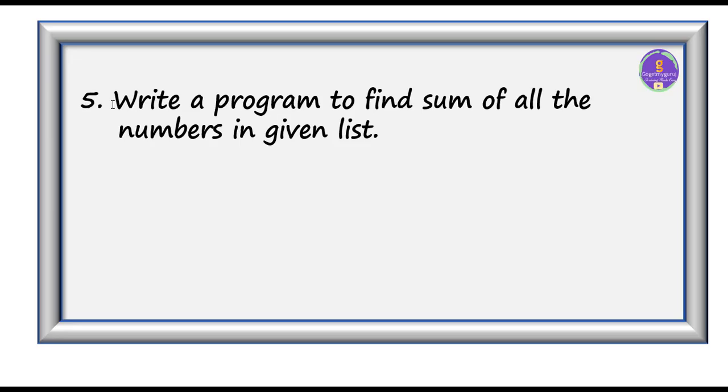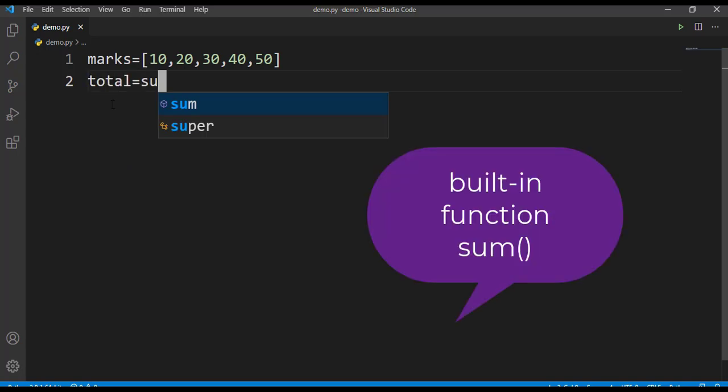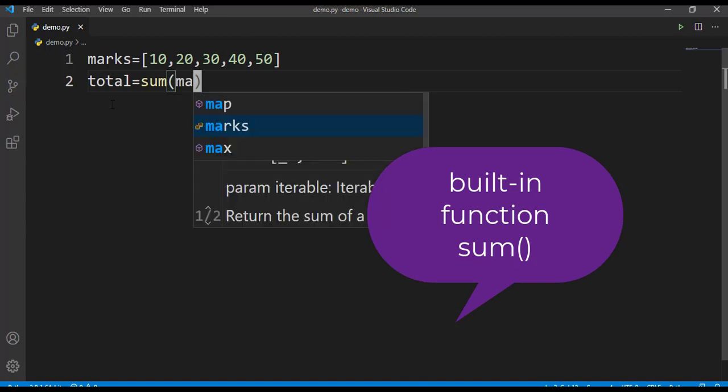Next question is, write a program to find the sum of all the numbers given in a list. So how can you find the sum of all the numbers in a list? Let's consider we have a list of marks here. What we have to do is find the sum of these values. I'll show you a simple method using a built-in function. So total is equal to, I'll make use of the built-in function sum and then marks.